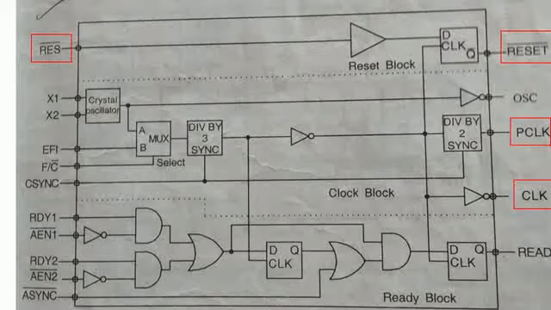Some of the peripherals require a clock signal, and they may make use of this particular peripheral clock signal as a clock input to that peripheral. Means whatever external devices you are interfacing to the microprocessor, if those external devices require a peripheral clock signal, at that time you can make use of the peripheral clock pin of the 8284 to provide the clock signals to those peripherals.